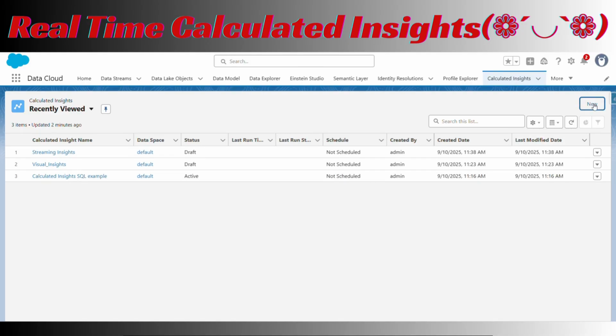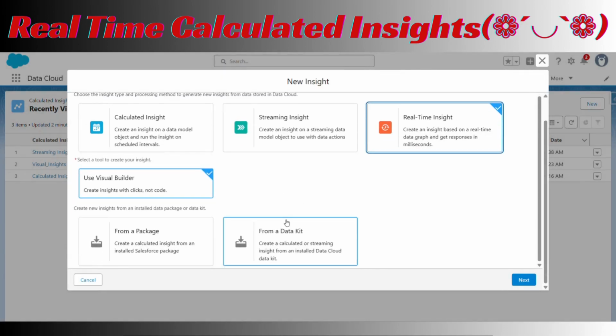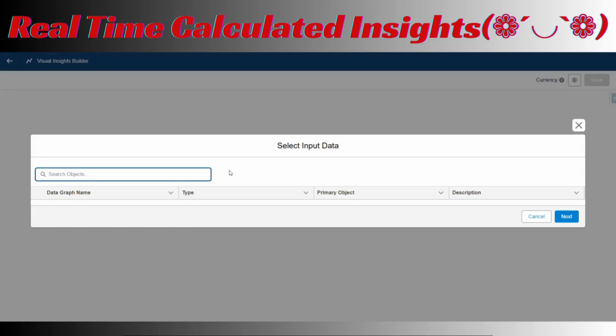If we are using real-time insights, it gives you approximately real-time data. With Streaming Insights, the difference between the data and real time may be 5 to 6 minutes, but with real-time insights it's approximately real time, because we have only a milliseconds difference.